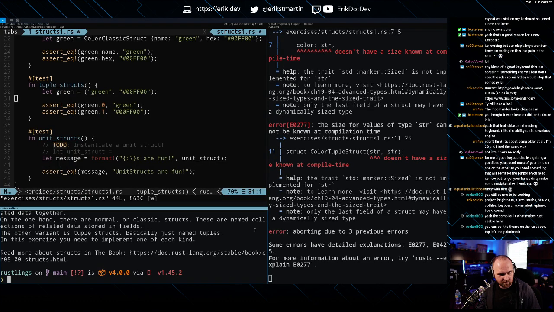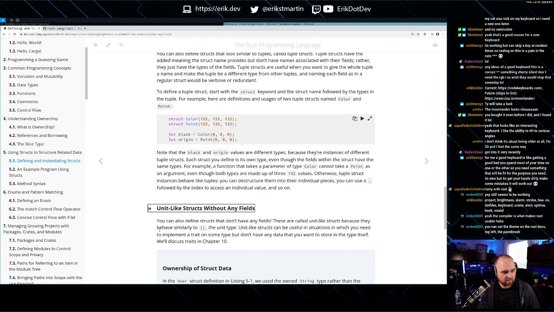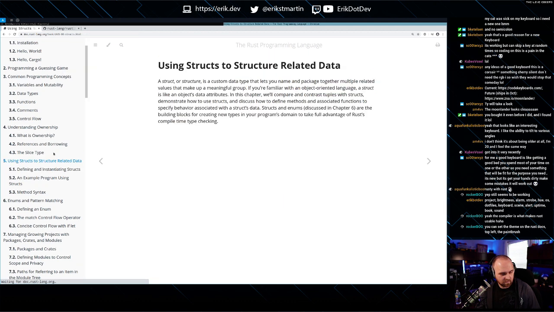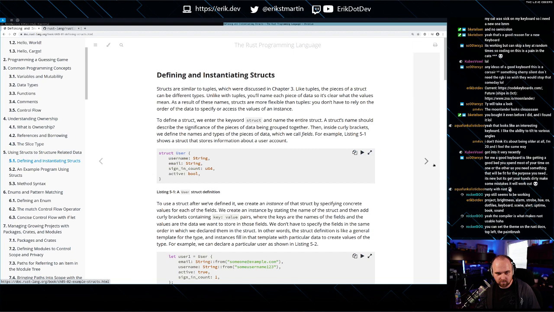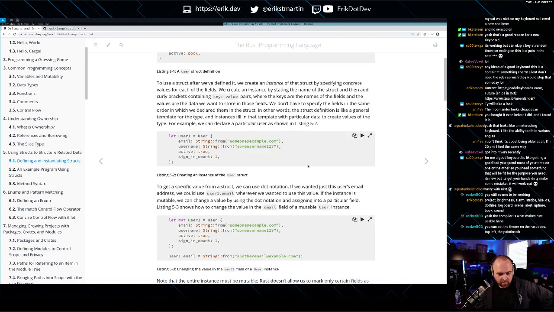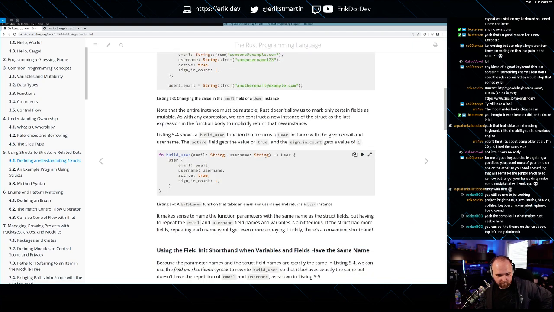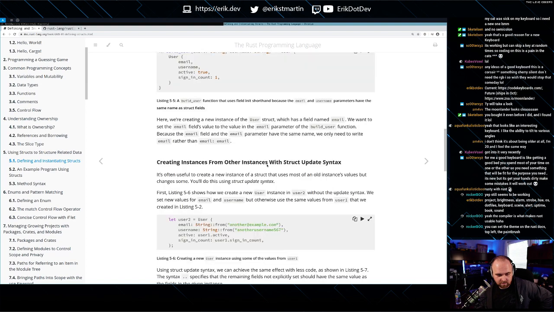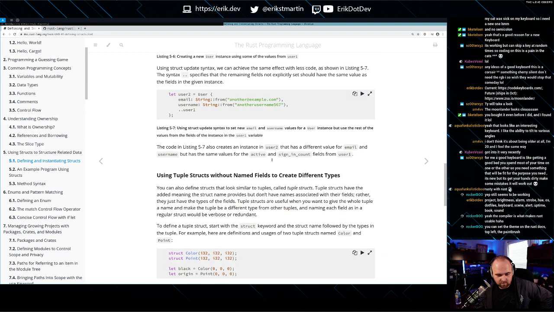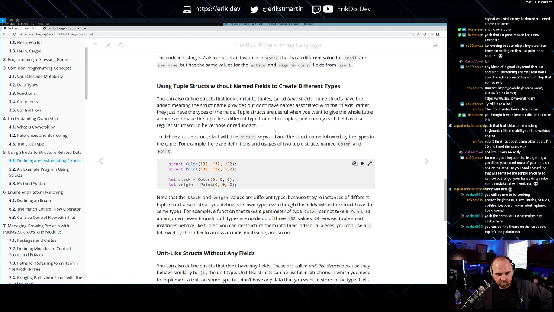Oh, yeah, we were in the Structs section of the book. We did all this without named fields.